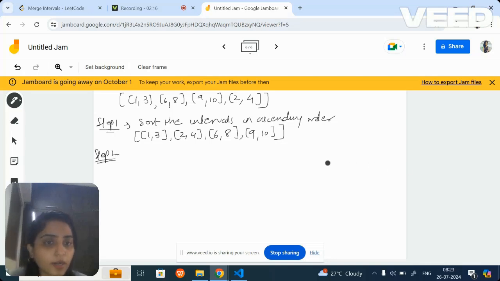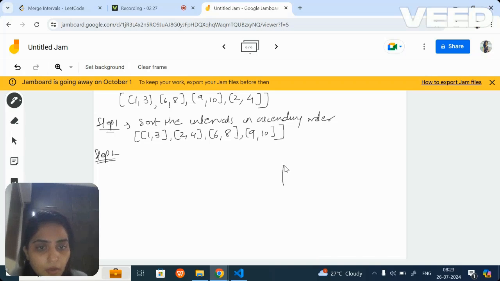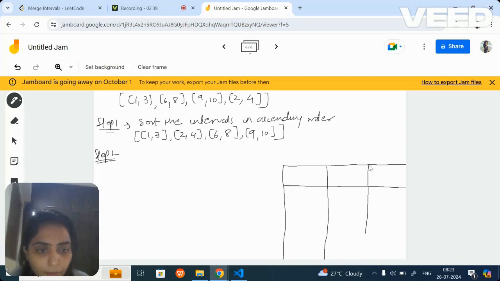For the second step, let me just hide this. I'll create a table, okay, and I'll create it into three parts. I'll tell you why I'm creating it into three parts.